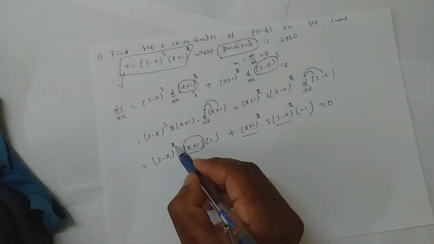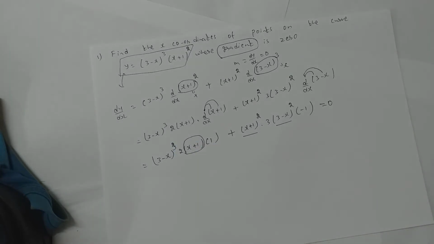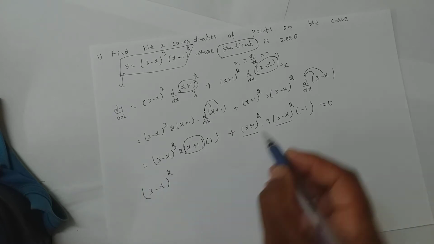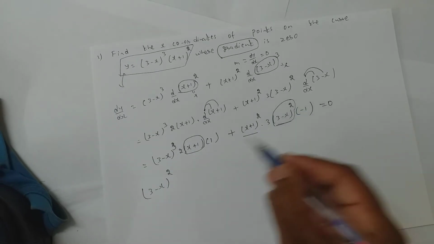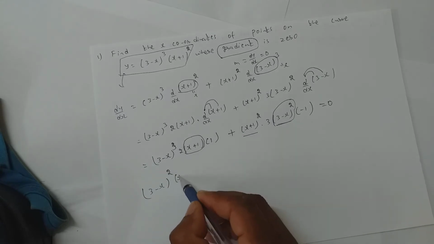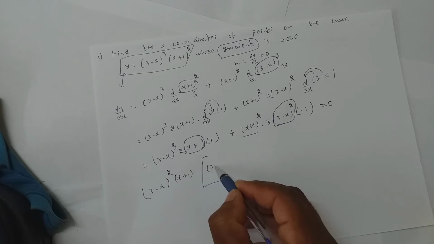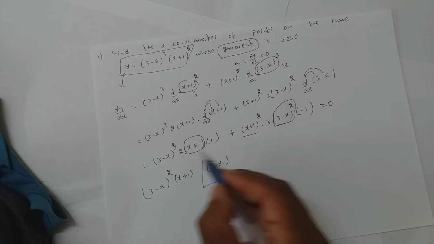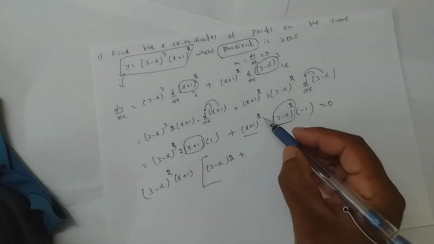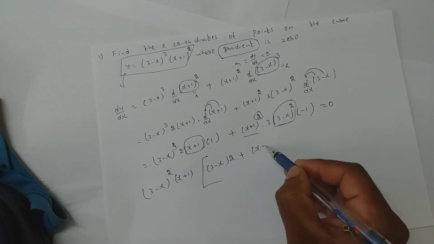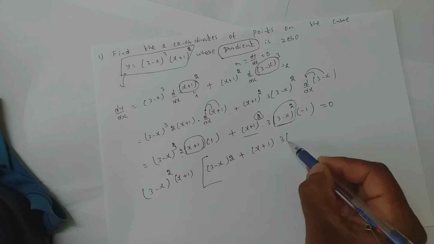Oh, here it is cube, isn't it? So take that common. When 3 minus x whole square I have taken out, x plus 1 power 1 only is there. From cube, square has gone out, so it's only 3 minus x and this 2 as it is, plus now here one of it has gone out, so 1 is left. This 3 and this minus 1